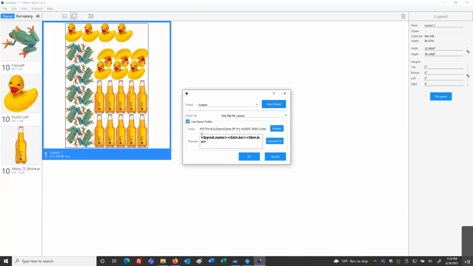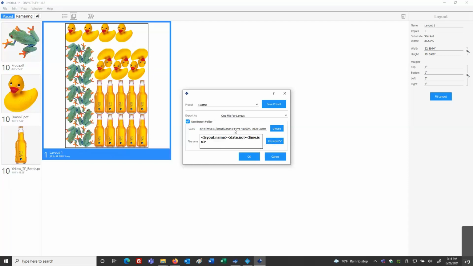And the name is going to be controlled by these options here. We have what is the date, and again, we have different formats for that. Same with the time. And then layout is going to be what will the main name be. So I'm going to go with layout, 1, 2, 3. But we also could say artwork files. We could do this by the name, by dimensions, by substrate. You've got different categories in here, but I'm going to go with these 3 basic choices.